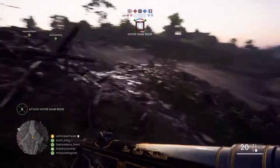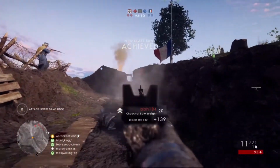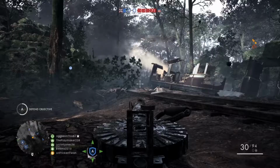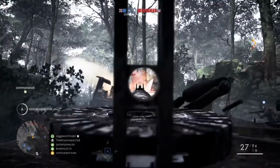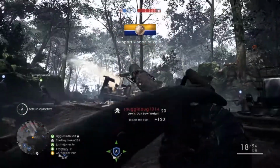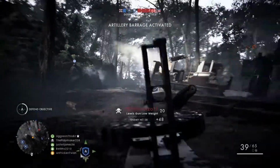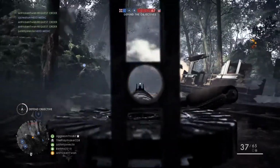One of the reasons I love this class so much is that I feel I can do well with all of the primaries. None of them are particularly underpowered, which is why I have multiple service stars with all of them but one. My personal favorite is the BAR, specifically the Storm and Telescopic variants. Other ones that I use all the time are the Chauchat, MG15, and the Benet Mercier. The only gun I'm not a huge fan of in this class is the Madsen MG, not because I think